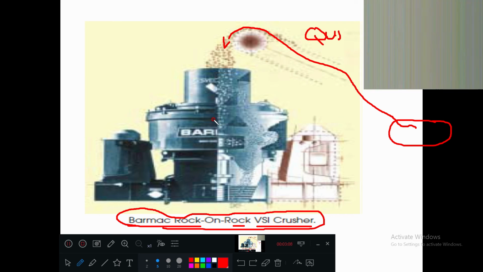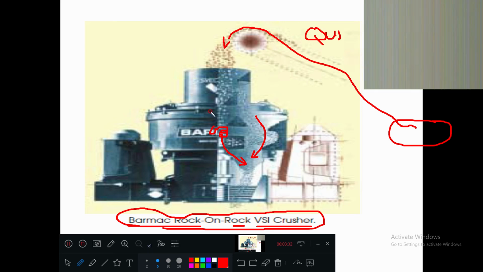A jaw is a bigger part of the machinery which breaks the rock. Sometimes scalping also happens here. Small finer material is separated here, and bigger rocks are crushed inside. Later, the finer material joins again.